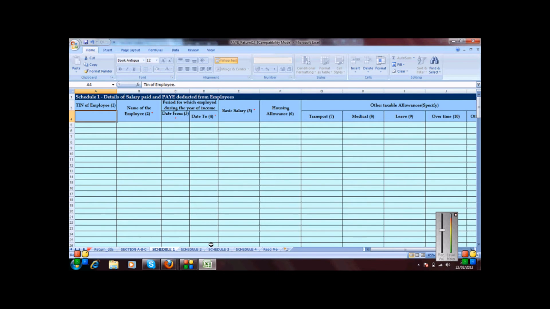I go to Schedule 1, where I put the names of the employees and all the other details about them. In the first column is where we put the TINs, but in this case, these employees may not be having TINs, so I may skip that because it's not mandatory. The mandatory fields and columns are indicated with a red asterisk, as you may see in the name of the employee column. The first employee may be Jen,